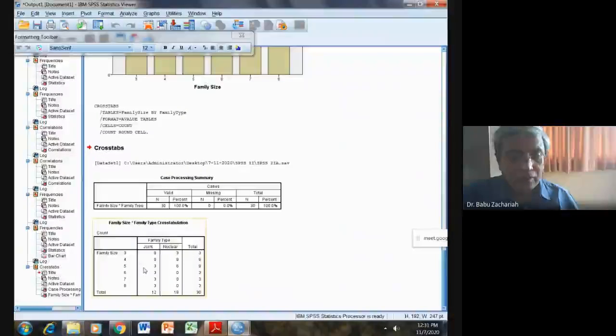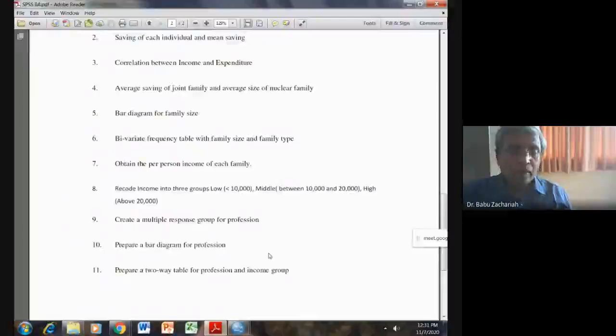So this is the table you are getting. Family size 3, 4, 5, 6, 7, 8 are there. Family type joint and nuclear. And the figures indicate the joint frequencies here. The column totals 18 and 12 make the total of 30 observations. Row totals also are given. And then next one,